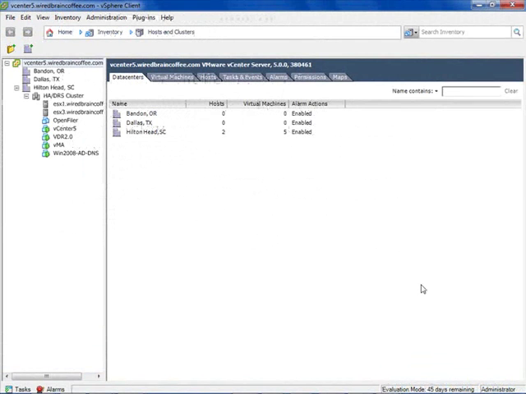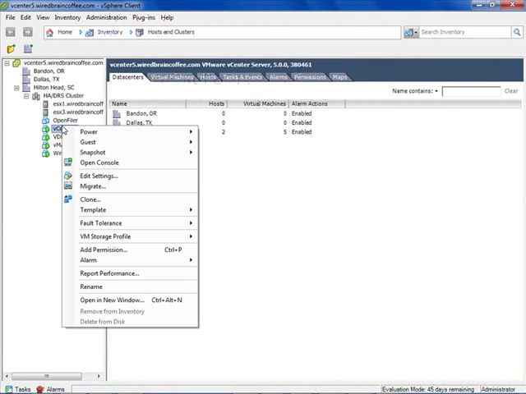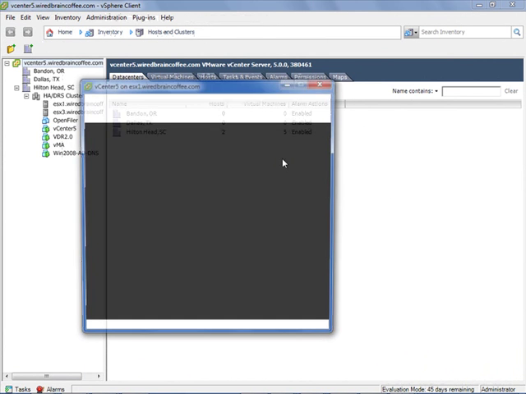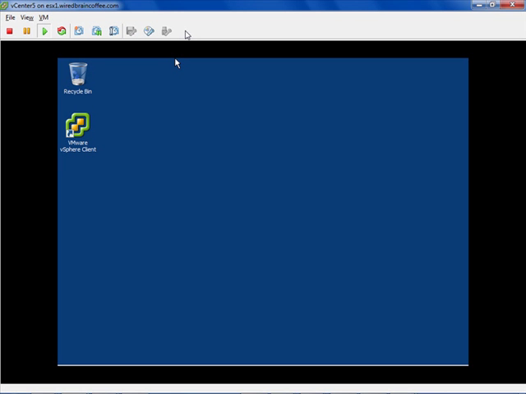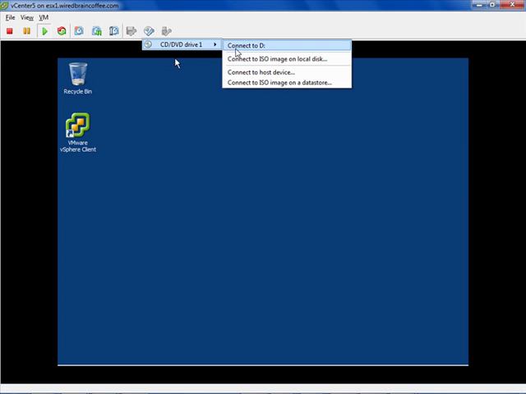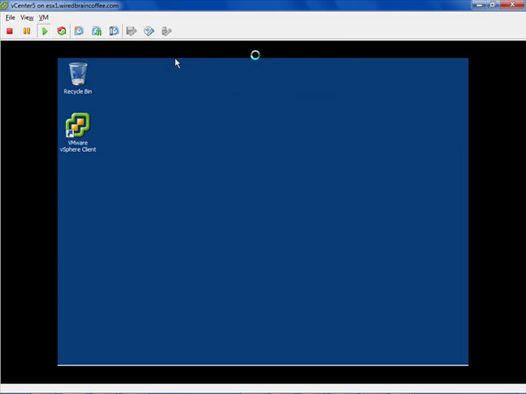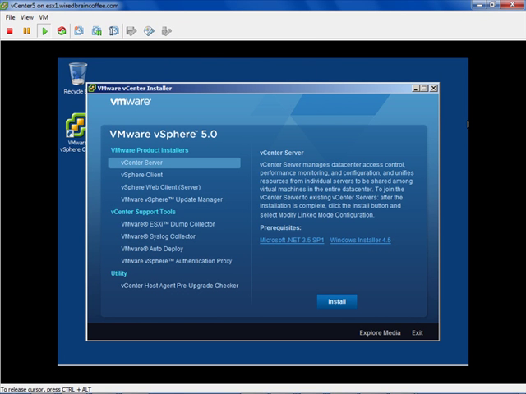Here I am in my traditional Windows-based vSphere client, and I'm just going to right-click on my vCenter Windows-based server and go ahead and open the console for that virtual machine. And then on the vCenter server virtual machine, if I go up to the CD drive up here, and then down to ISO image, and then because I connected the vCenter 5 DVD image to this vCenter virtual machine, we get this auto run menu that pops up here,